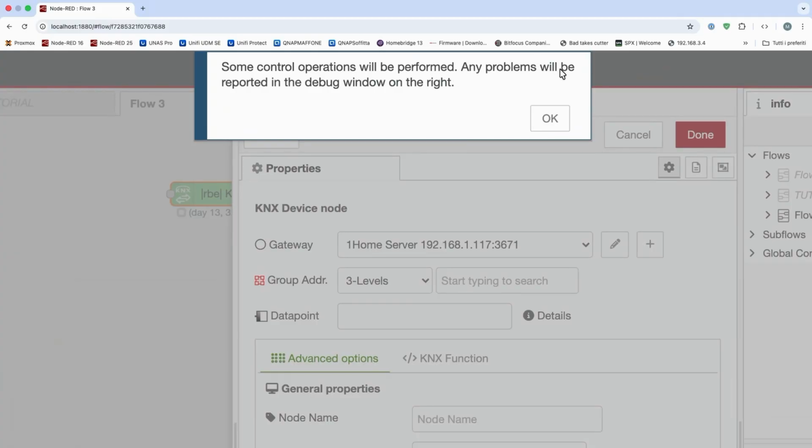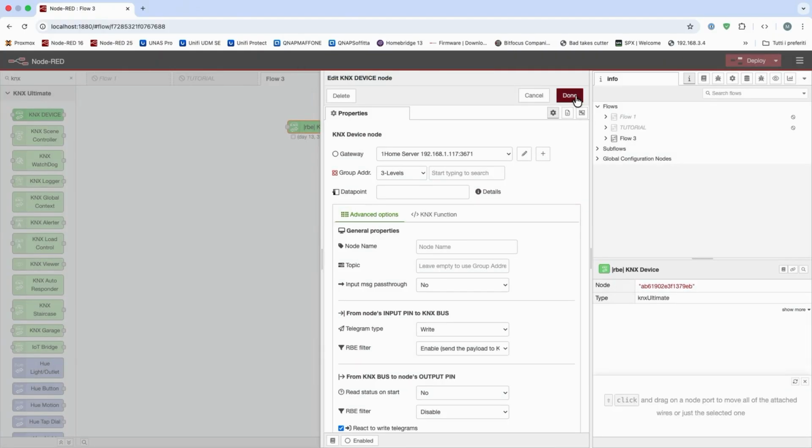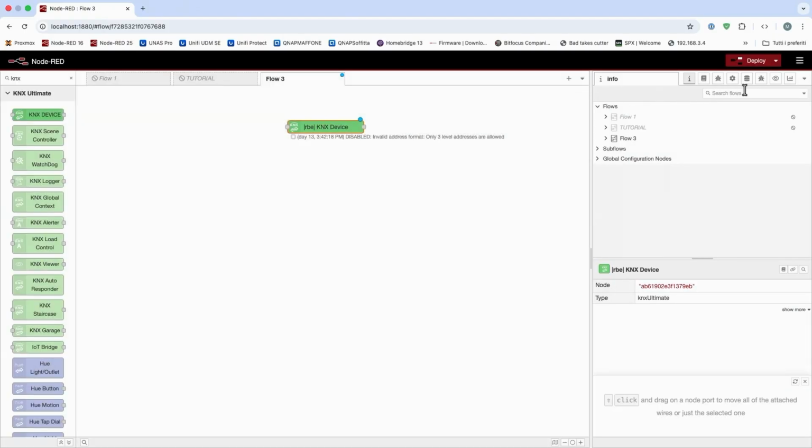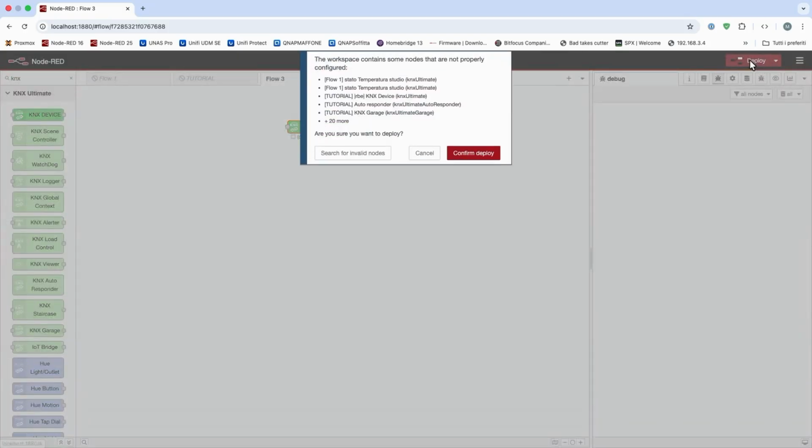Any problems will be reported in the debug window on the right. As soon as we click done and deploy, on the right side we will see every error or warning that the import procedure will emit.